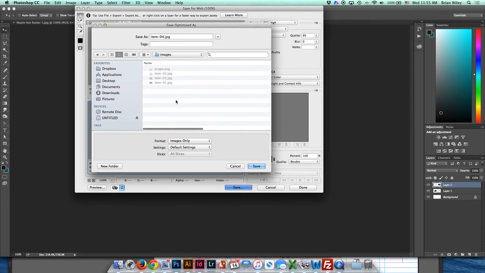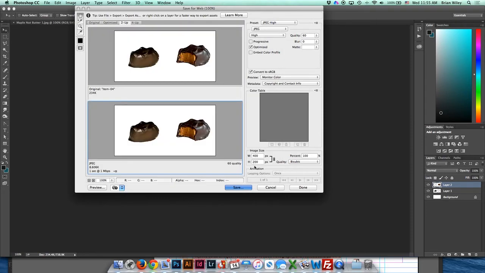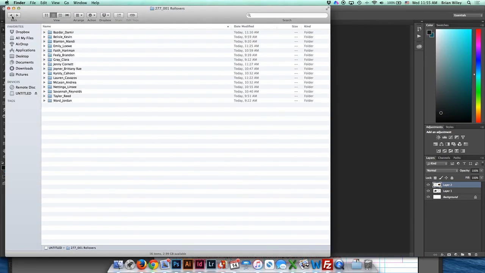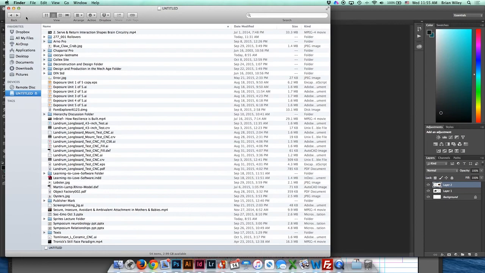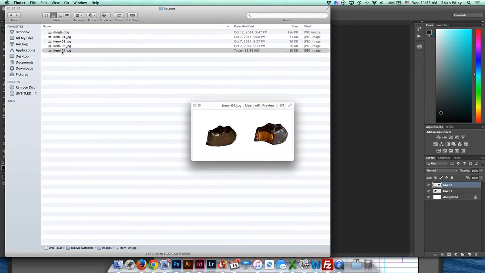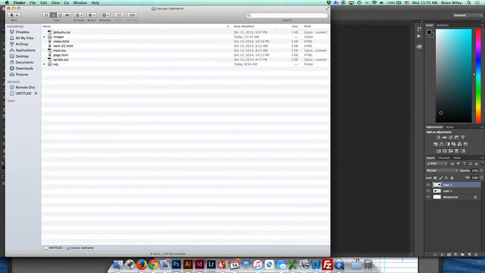So in our instance, we'll put it here in our coccyx image folder. Click Save. It will save, and then of course it will be there ready and waiting for us, hopefully. So there it is. And now when we drag the index page into there